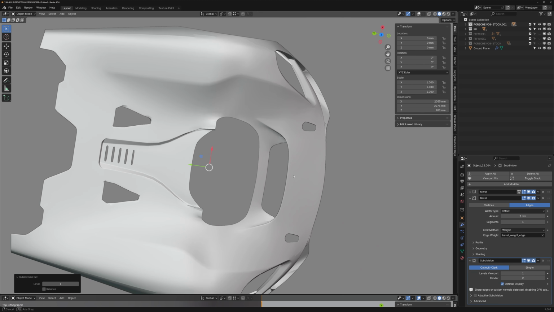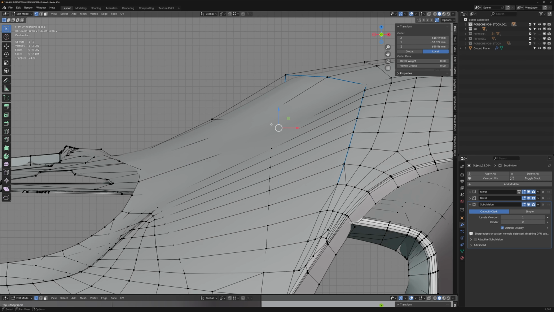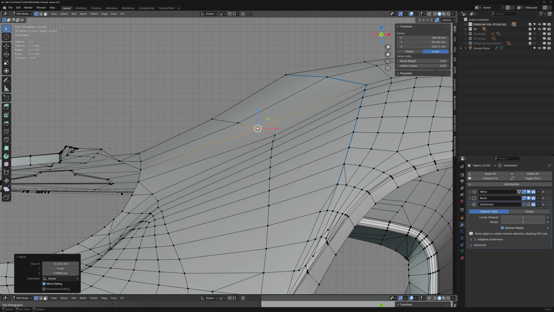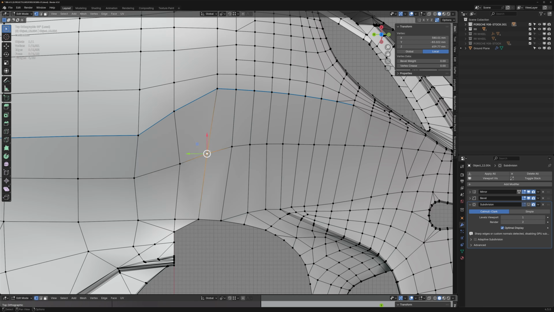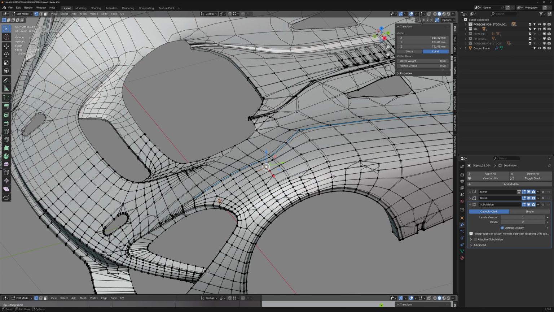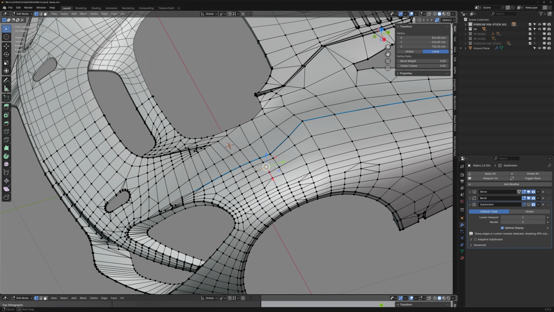Let's put a subdivision modifier on there to hide our sins. Looks like it dips down a little bit too much there. So let's see if we can just move these over a little bit, like so. So now that I've introduced a subdivision modifier, I can do a little bit more reduction in some areas, such as